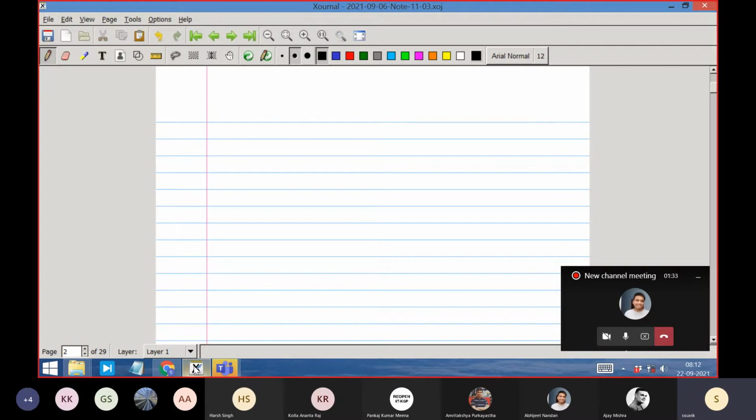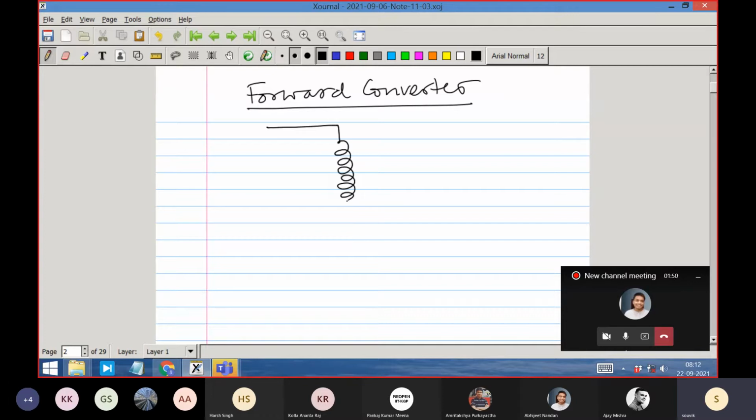The discussion was about a converter which is called a forward converter, which is a buck derived converter. That means inherently it is a buck converter, but buck converter with isolation. It is like this: one extra magnetic circuit which is a transformer. This is the magnetic circuit's primary. The transformer's primary has to be there. And this transformer, we have understood in the last class, has to have a volt second balance of its own, apart from the volt second balance of the inductor of the buck converter. This should also have a volt second balance of its own.